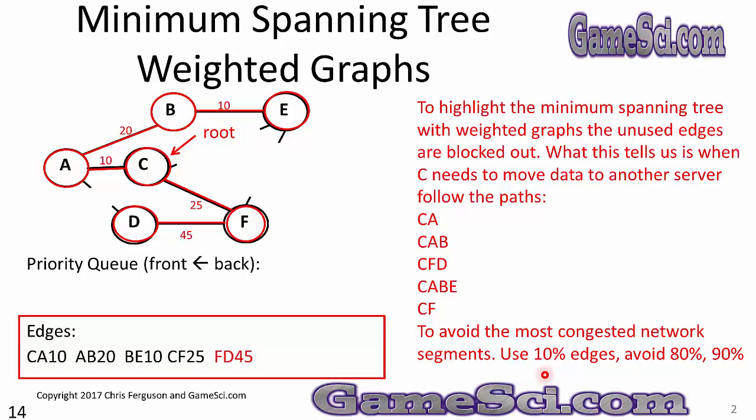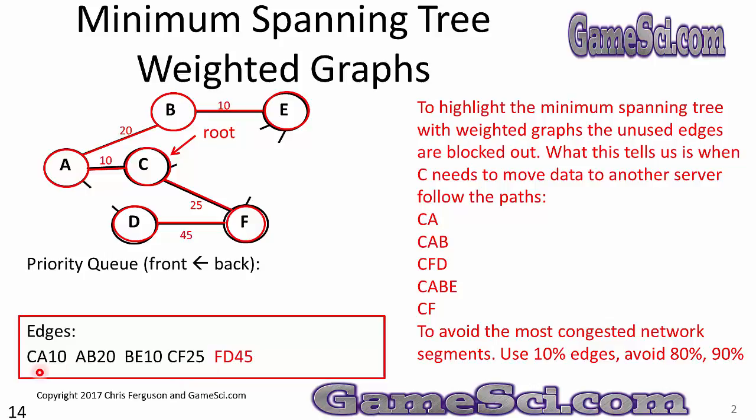Use the 10% used edges. Use the 20% used edges. Avoid the edges that are 80% used. Avoid the edges that are 90% used. C is the root of our minimum spanning tree, and this is the list of preferred edges to use when